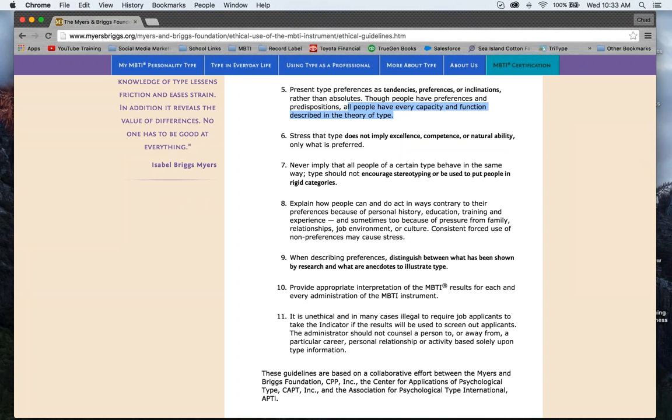Okay. As we scroll down, never imply that all people of a certain type behave in the same way. Type should not encourage stereotyping or be used to put people in rigid categories. Okay, so I made a joke the other day about INTJs, and it was on Facebook. It was a Facebook group I had joined, and there was a picture. Somebody said, there's two types of INTJs. There's actually more than two types. But I made a joke and said, the picture had two guys wearing skinny pants, and I said, oh, this can't be INTJs because they're wearing skinny pants. Now that's obviously against the code of ethics. Of course, I was kidding, but the ultimate point is that you can't stereotype or put people in these rigid categories because